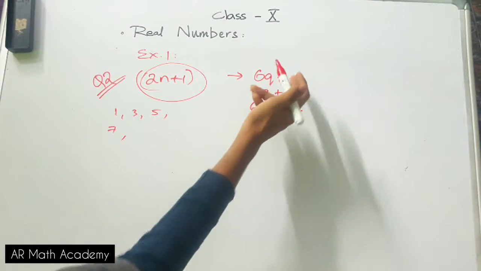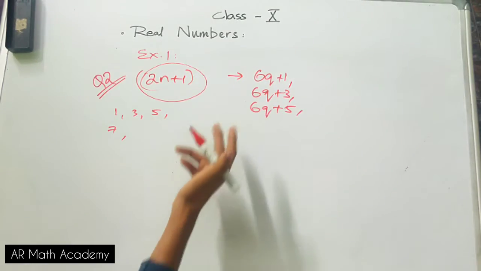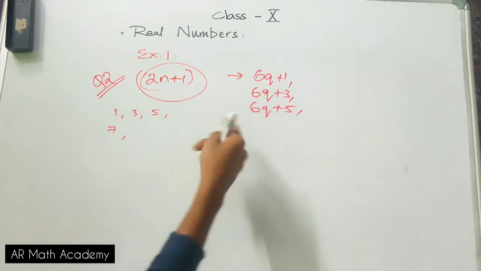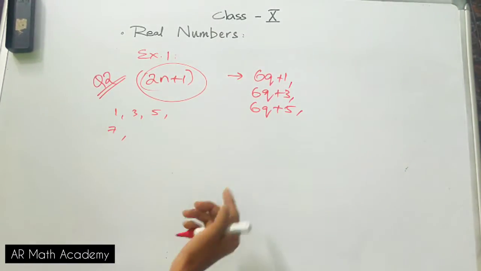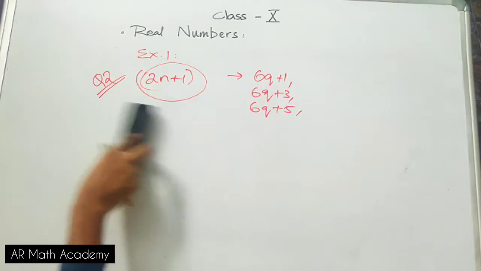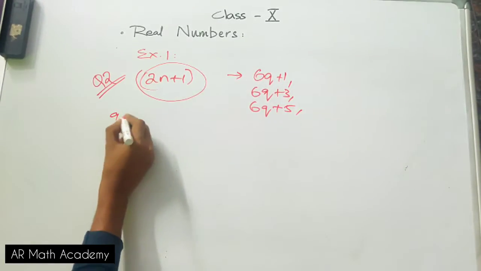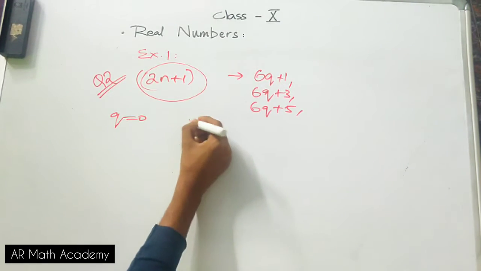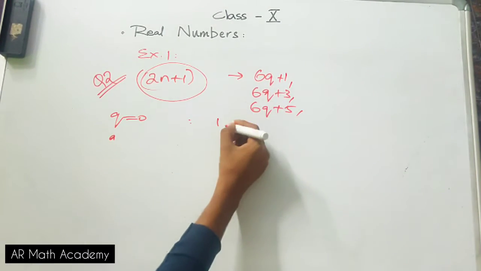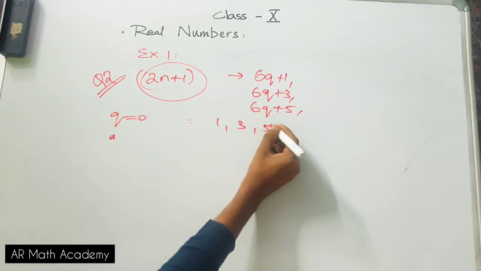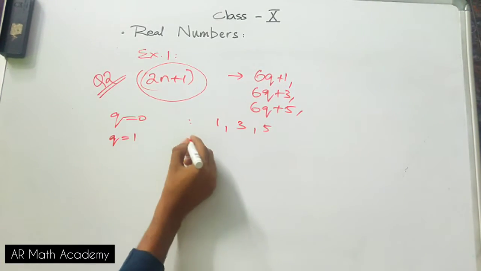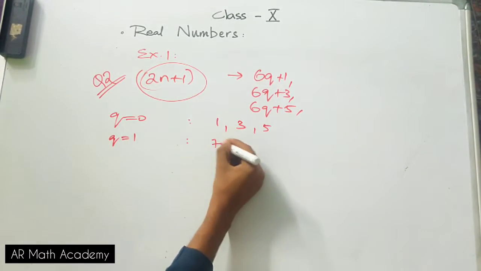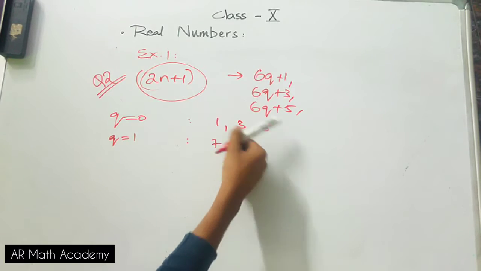Over here if you put 0, you get 1. Over here if you put 1, you get 9. So if you keep substituting values of q, you get an odd integer with every substitution. Let me show you how this produces an odd integer. Suppose you take q as 0 and substitute it in the forms: you will get 1, then 3, then 5. Now take q as 1 and substitute it correspondingly in these three equations. Substituting 1, you get 7, then 9, and then 11.